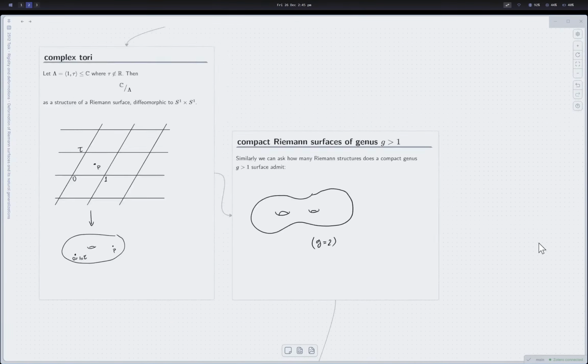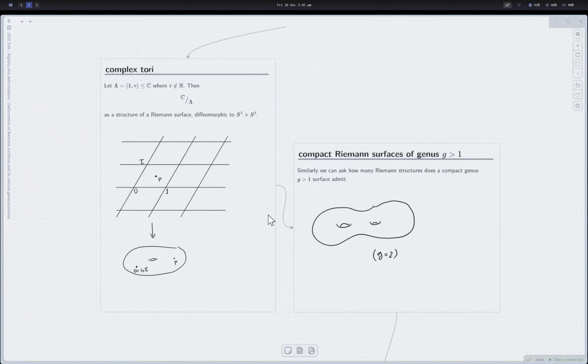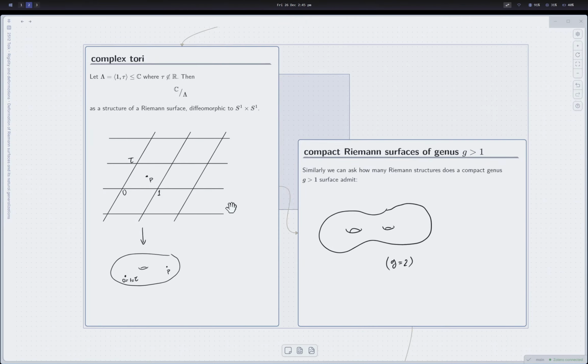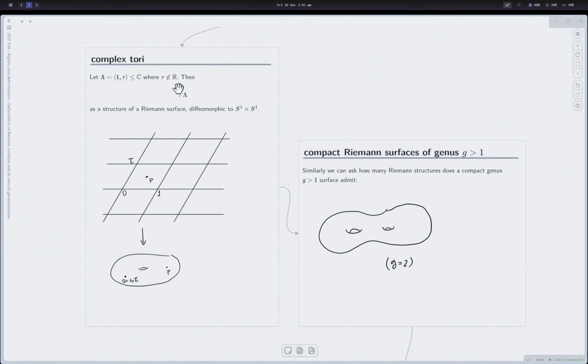Now we can move on to some other examples, like take a torus, and how many Riemann surface structures does it have? It actually has a lot, like uncountably many, and they are all of the form C quotient